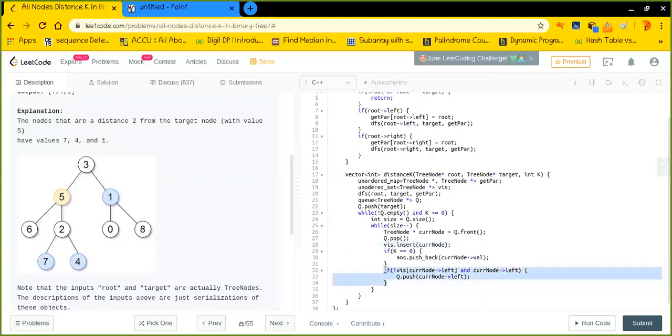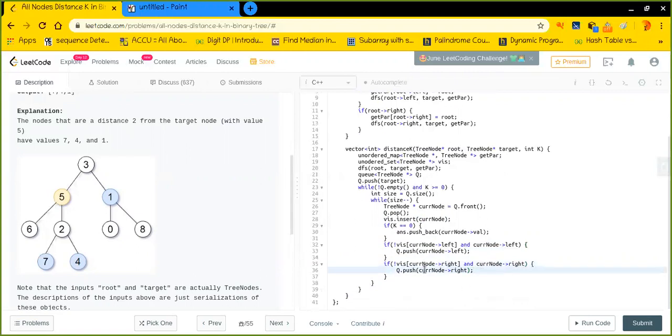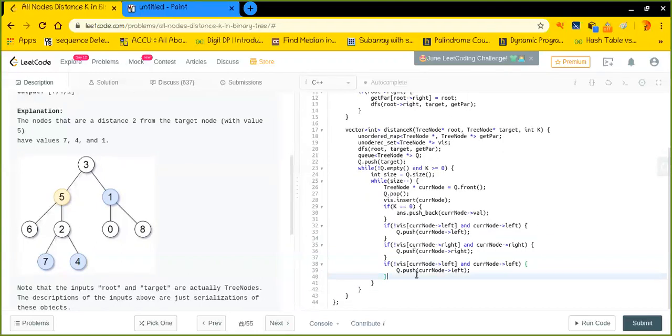In the same way, I'll check for the right node, and will push that as well, right? And in the same way, I'll look into its parent. If the parent is also existing, then I should also push it.